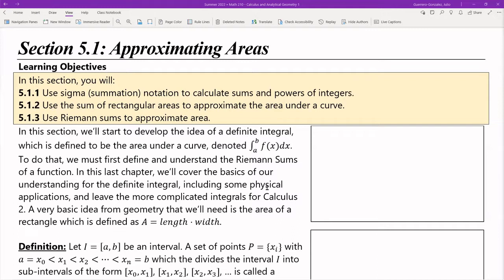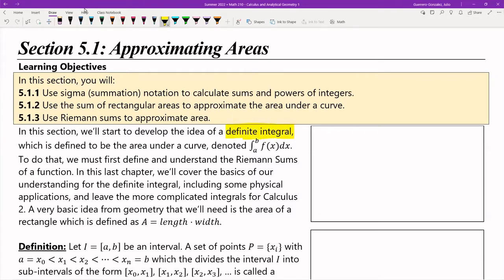Okay, so the first thing I want to do is start by giving a very, very, very crude definition of what an integral is, specifically what we're going to be carrying out for the end of this class and, like I said, the bulk of calculus 2: figuring out what a definite integral is, okay? And that is defined to be the area under a curve, okay? And it's denoted by this thing. So you guys already see the little squiggle from the antiderivative that we were playing with in section 4.10, okay? So if we have,